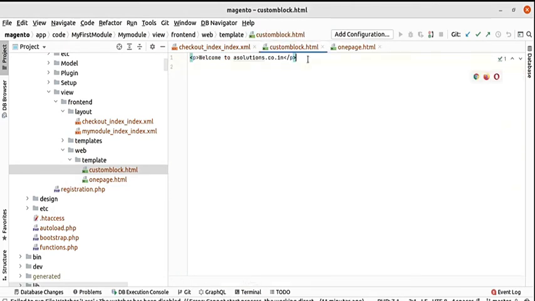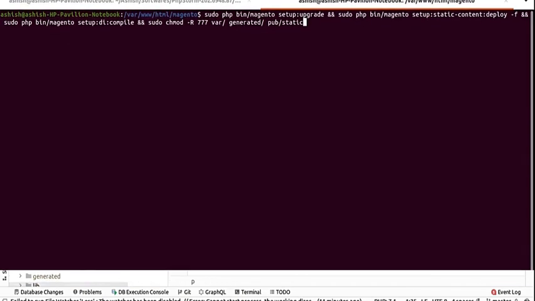Now, all the pieces are in a proper place. Let's flush our cache and check out our changes.